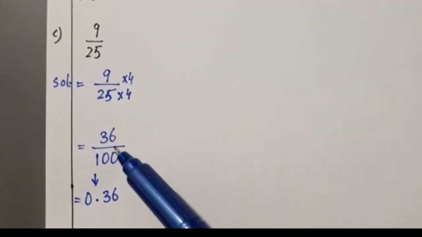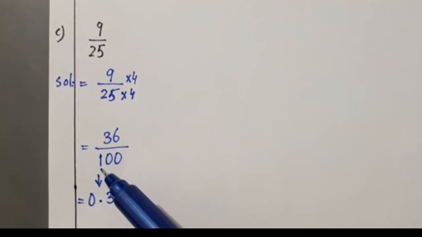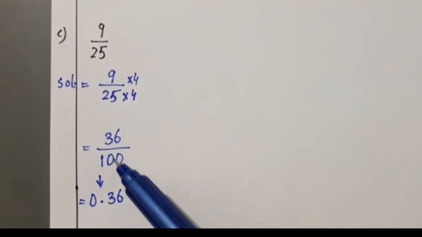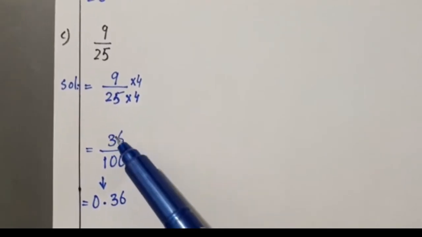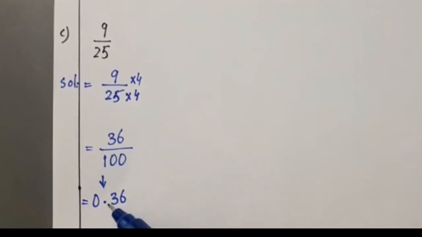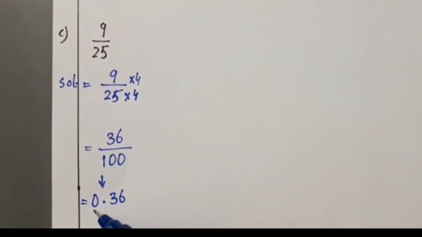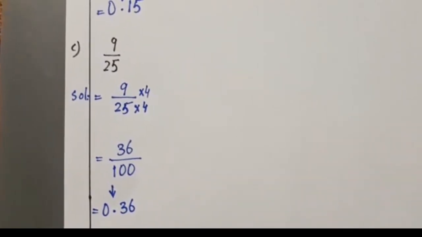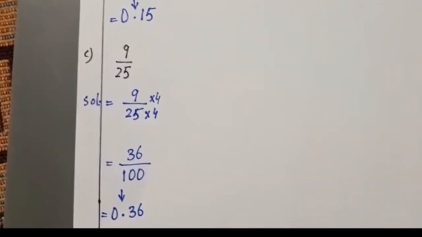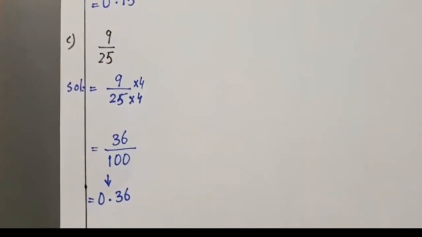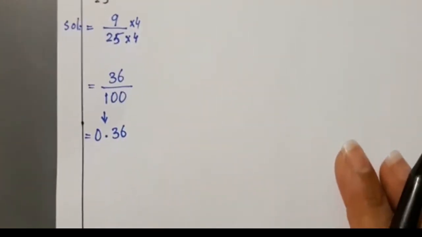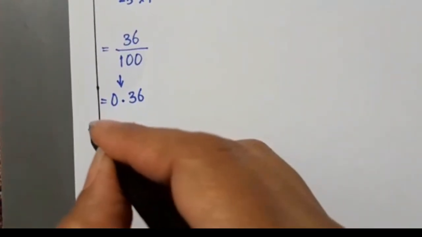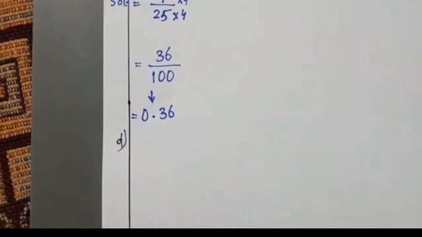And here you can see boys, I have written 36 over 100. And this one has turned into the point and it has 2 zeros and there are 2 digits in the numerator. So I have written the numerator digits 36 and have put 0.36. Okay, we have to do the next question, that is 2 by 5. Oh, so it is about 5. Let's see, till I write the question, you all read in your heart. Is there a table?